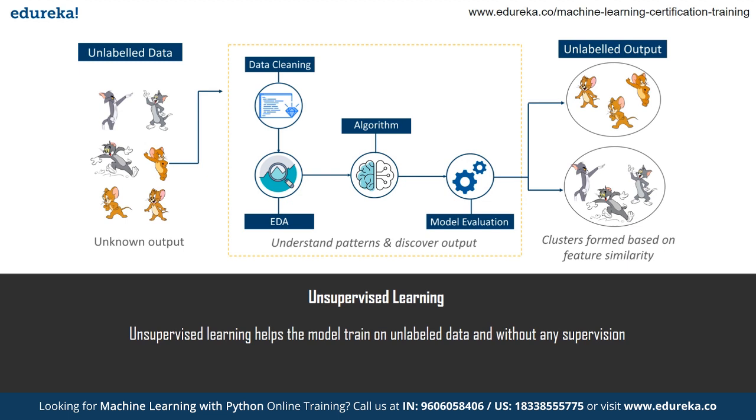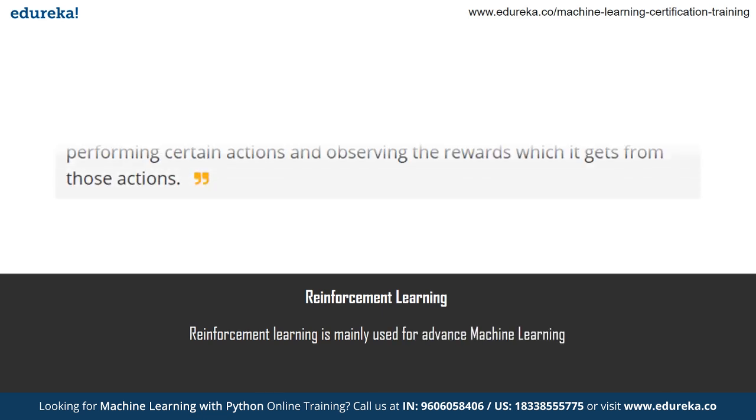So without the labels, it is able to classify the images or any data. Based on that, you can use it for classification problems, guys. Unsupervised learning is quite good for classification problems. And then we have reinforcement learning, guys, which is a part of machine learning where an agent is put in